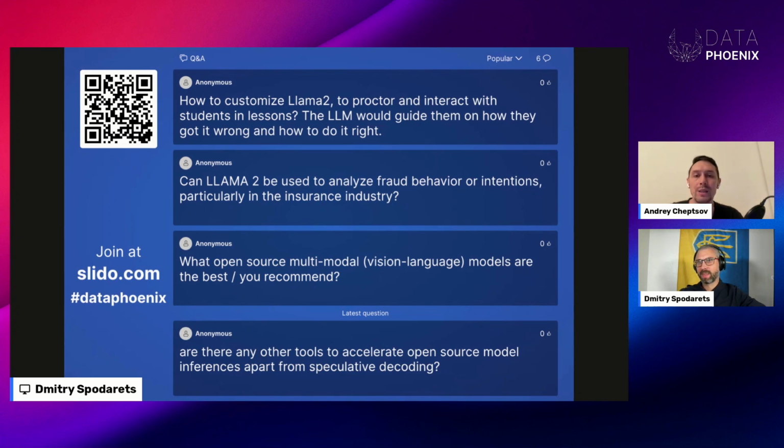Yeah, how to customize Llama 2. Let me also read the rest of the question. How to proctor and interact with students in lessons, guide them on how they got it wrong and how to do it right. So again, unless you make the question more specific, I understand the question as: